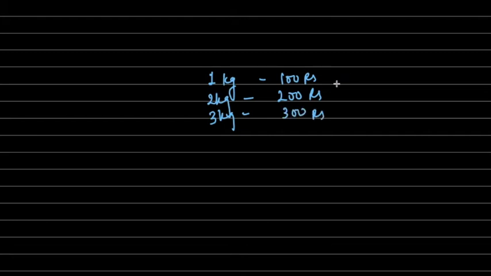Okay, so if I say that the cost of 1 kg of apple is 100 rupees, then 2 kg of apple is 200 rupees, and the cost of 3 kg of apple is 300 rupees. So there is a proportionate relationship. As we are increasing the quantity, the amount is increasing in the same way. So it's a case of direct variation, right? So for such cases, we always get the line graph.